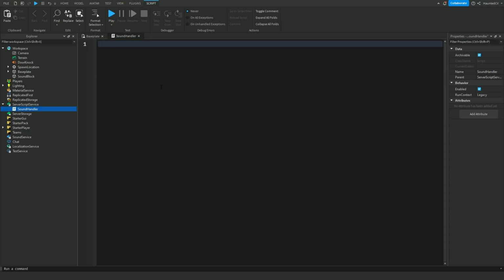So from here, we want to start typing our script. In this case, we want to get two variables down in the beginning. If you don't know, a variable is a way of defining a part or a system in a game. So we want to type local part